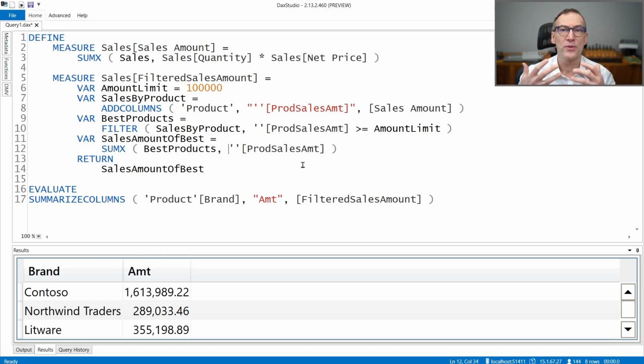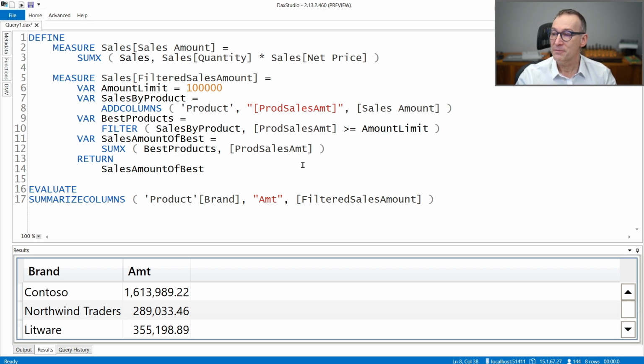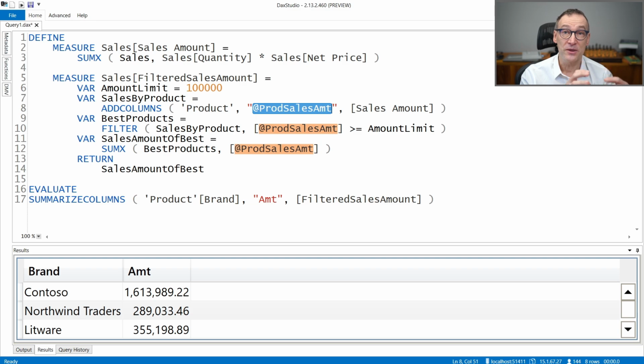But I don't know what you think about this syntax. I honestly find it really bad to read. I don't like this idea of the double single quotes to specify a table with no name. So what we ended up with as our final choice was to add an @ symbol at the beginning of the name, in order to quickly distinguish between columns that are present in the model, where it is very unlikely that you are using an @ symbol as the first character of your name, and columns created on the fly inside your code, as we are doing here.